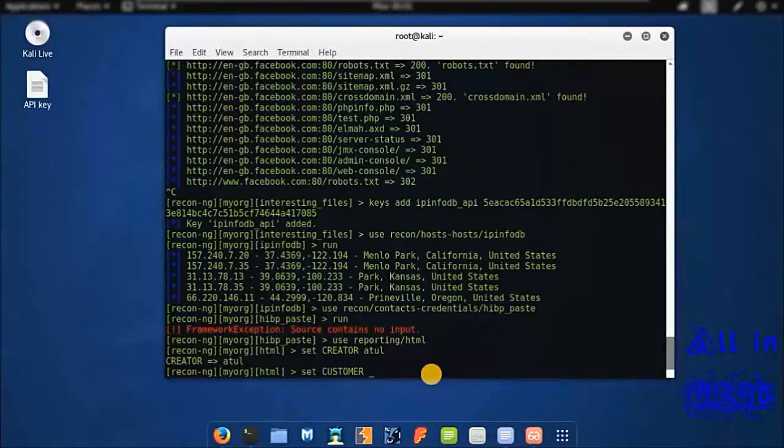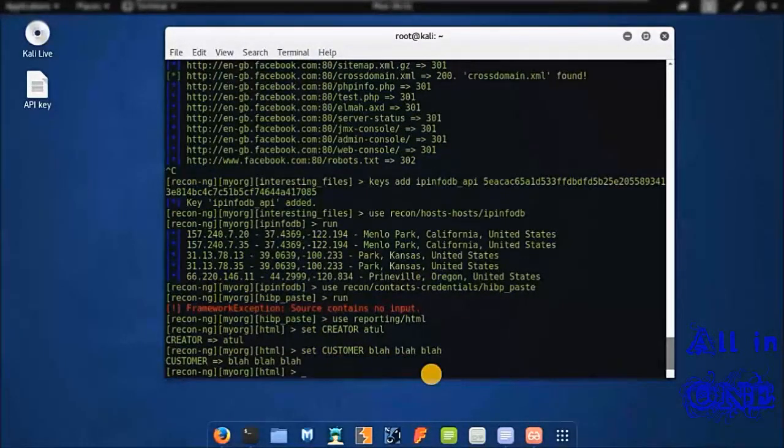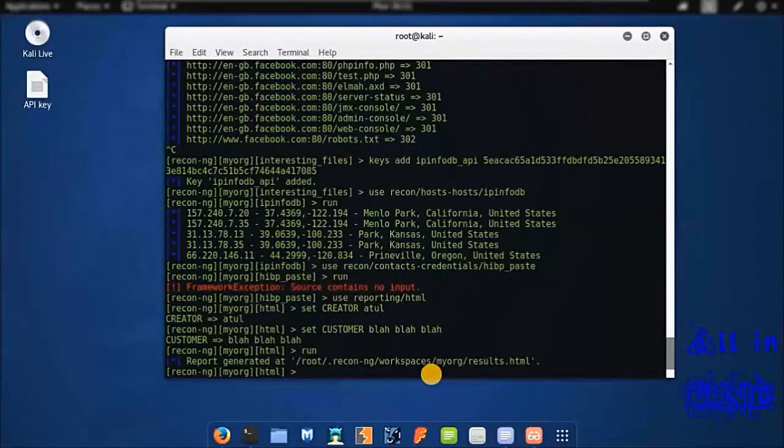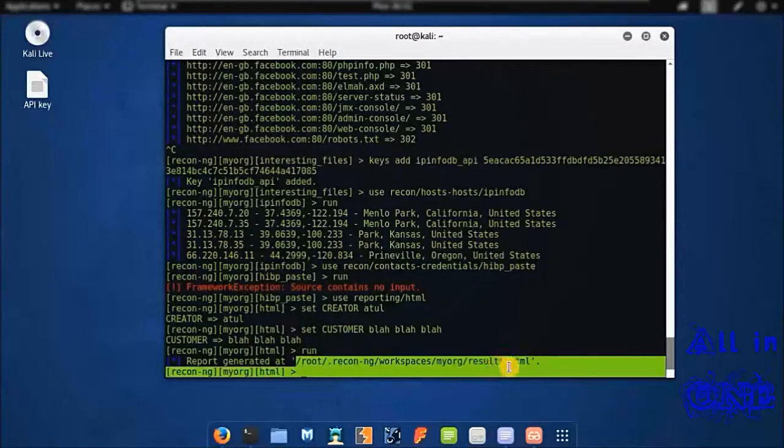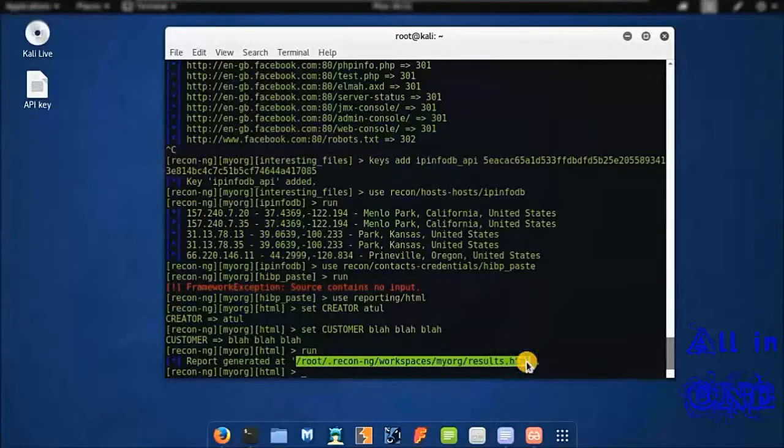So for that reason you need to generate a report and provide it to the company. For that you need to type customer name, as it may be, blah blah blah. So just hit enter and type run. Okay, now every detail and every result that this tool performed has been generated in a collective manner. So copy this URL,